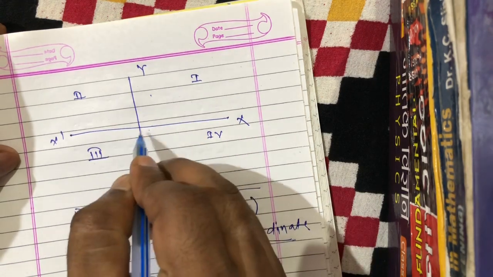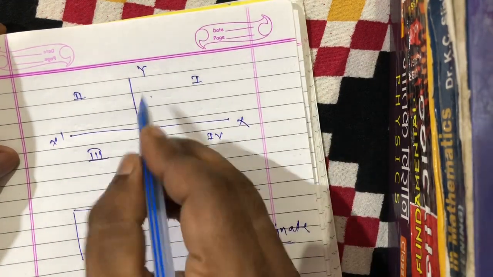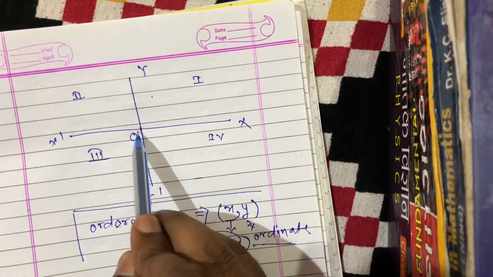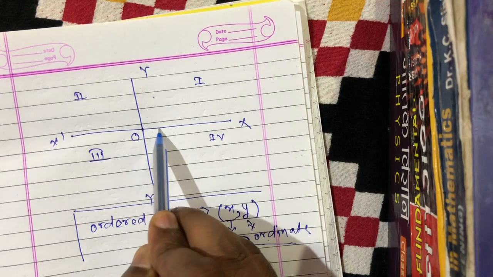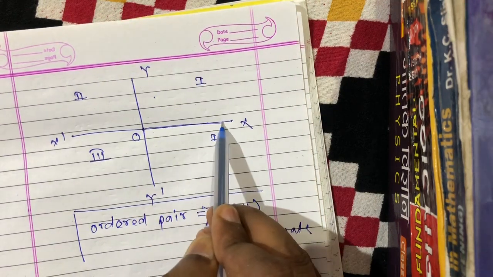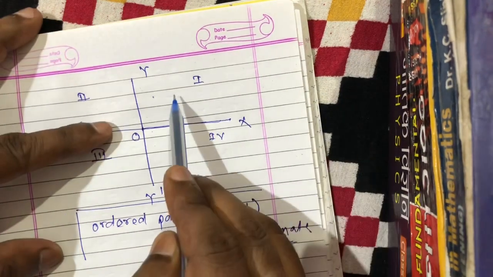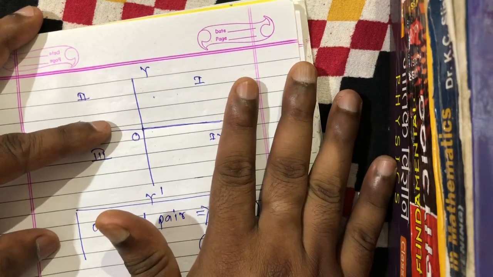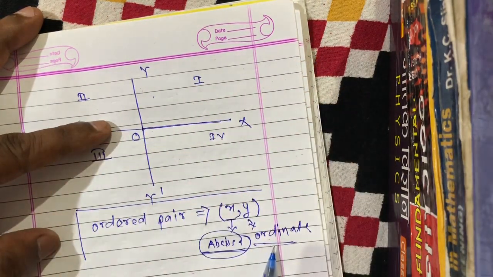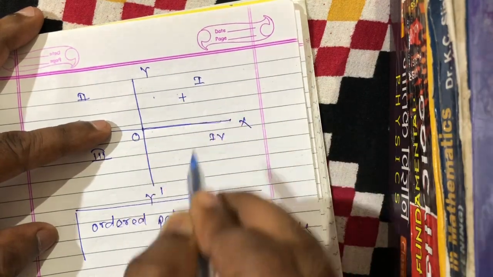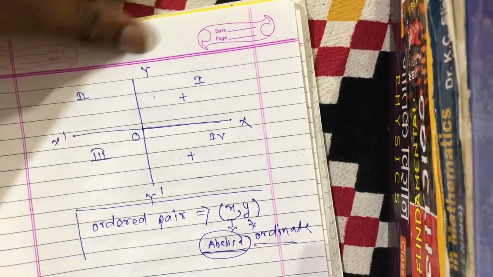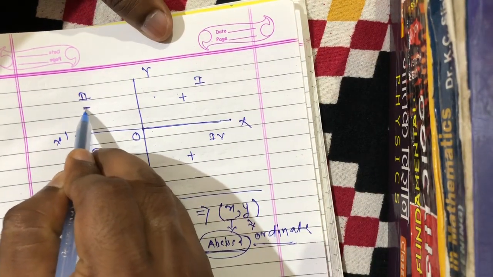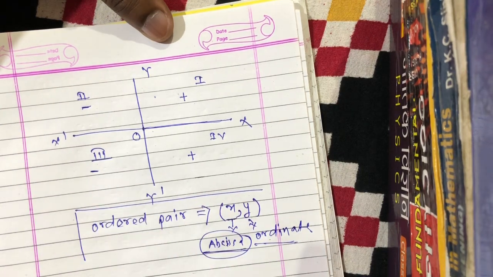Now we know that two perpendicular lines are called coordinate axes and the point of intersection is called the origin, and we know that when we move right from the origin, the x-axis is taken as positive. So you can see that on these two quadrants, the distance along the x-axis will be to the right. Therefore, the value of x in the first and fourth quadrants will be plus, and the value of x in the second and third quadrants will be negative.